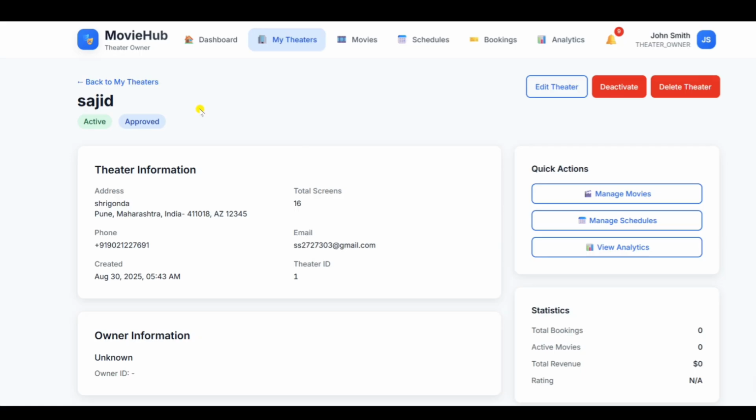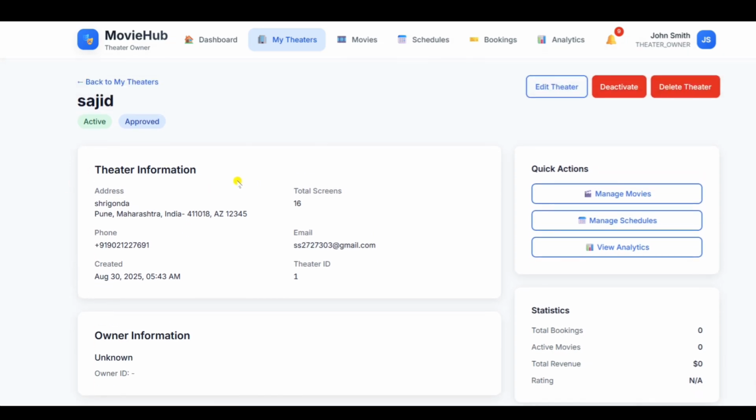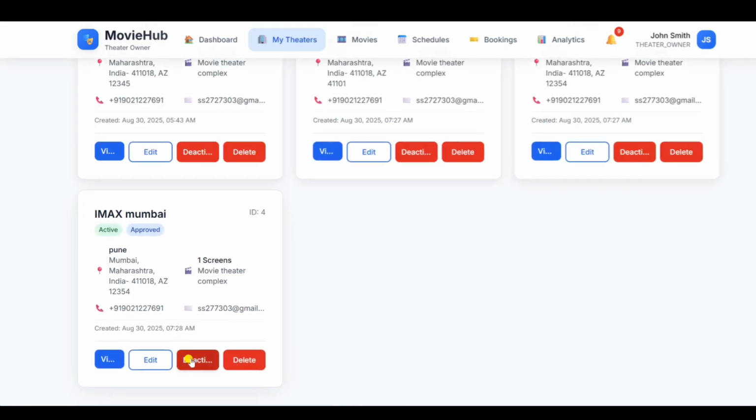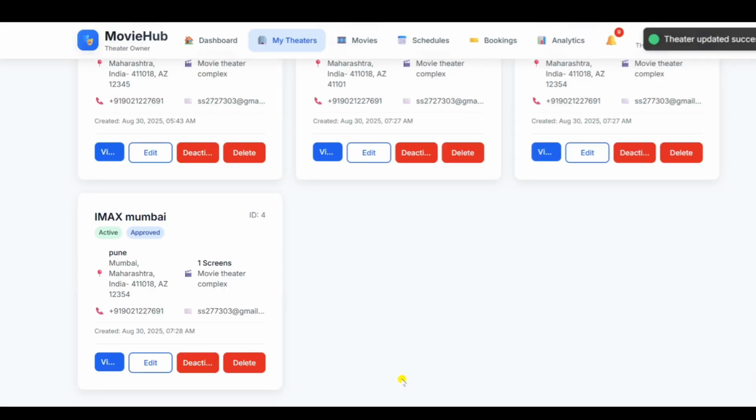If admin doesn't approve our theater, we can't use it in this web application for actually posting our movies or doing the schedules of movie in that particular theater. So getting approval from the admin is really really important for the theater owner to actually use their theater in this web application. So let's go back and we can deactivate the theater as well, and we can edit